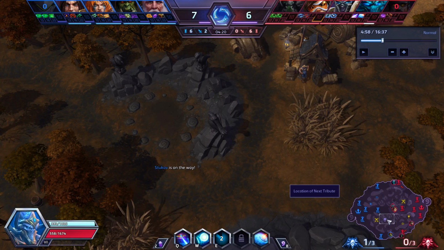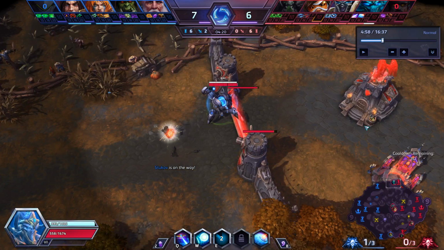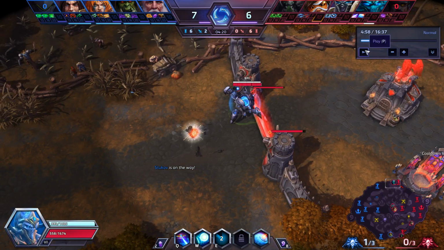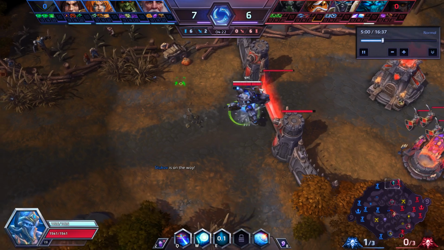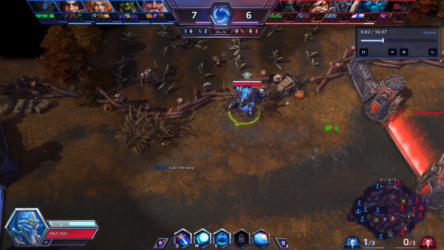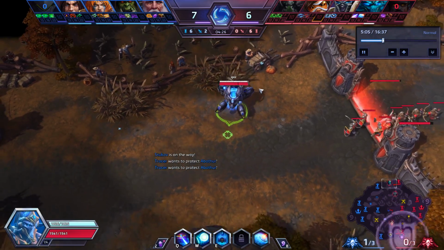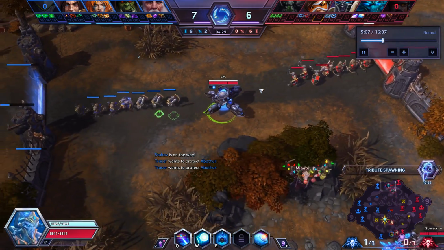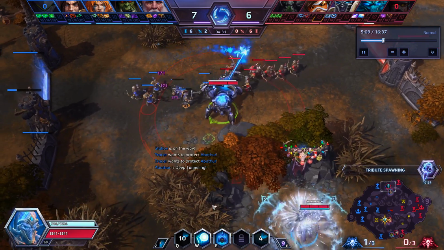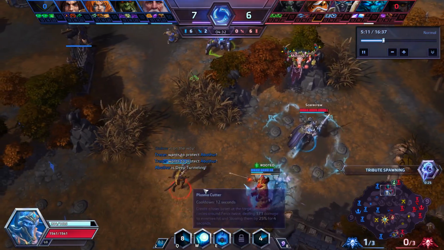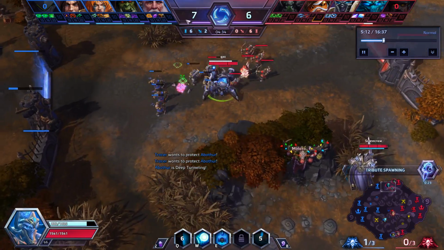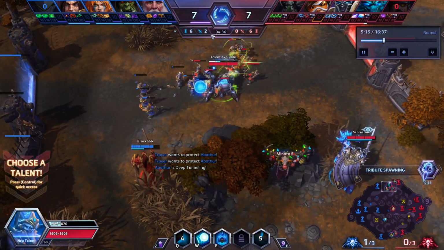So if that's the large scale, the macro of the game, what is the micro of the game? Well, the micro of the game is utilizing your skill shots, your abilities, and your position in fights. What I mean by that is if you use your skill shots correctly, you can push a lane faster, you can kill someone faster, you can utilize more damage. You can position better so you take less damage, which means you can get more hits off because you can now attack a little bit more.